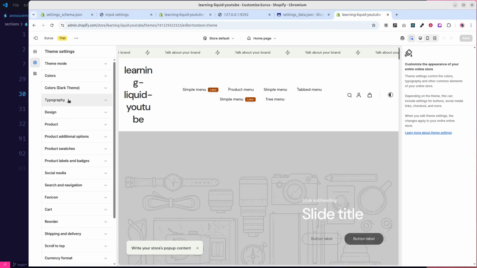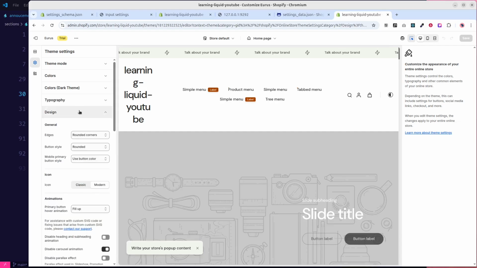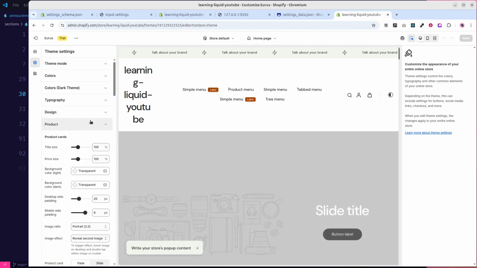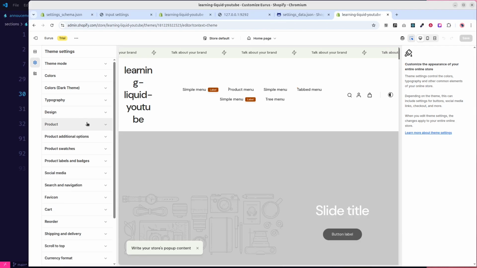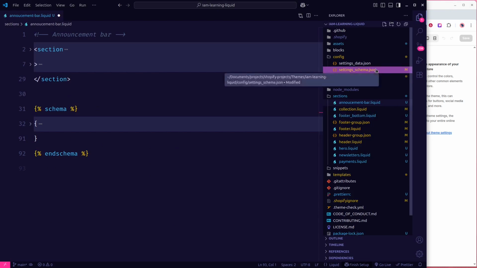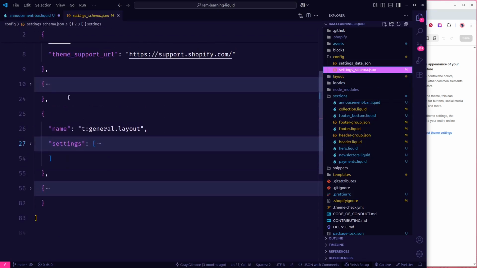For example, you have typography, you can choose typographies here. You have a design. This is how they name their settings. Okay, the naming depends really on you. So all these settings that you see here are stored inside the settings_schema.json, and we have also our own